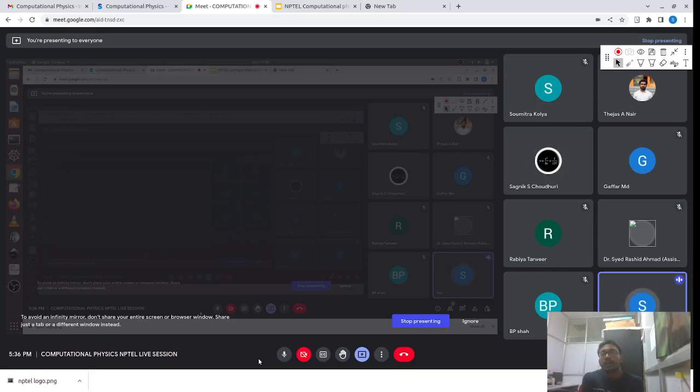So you can use multiple; there are multiple options to do the programming. There are Visual Studio, there is Force 95 or something like that. That is not a problem, I think. But all of the IDEs or all of the softwares may have some different